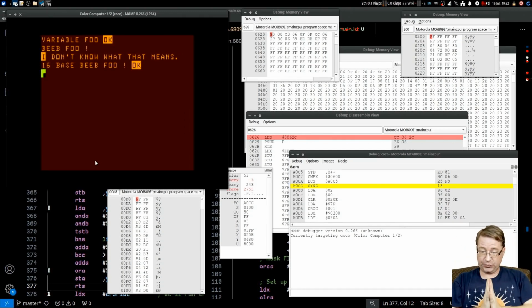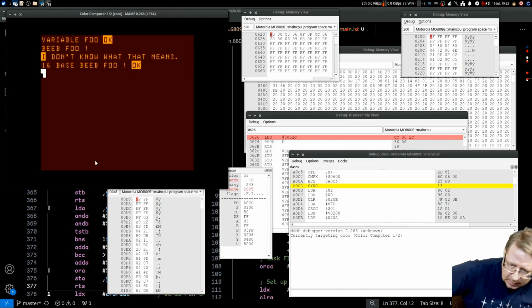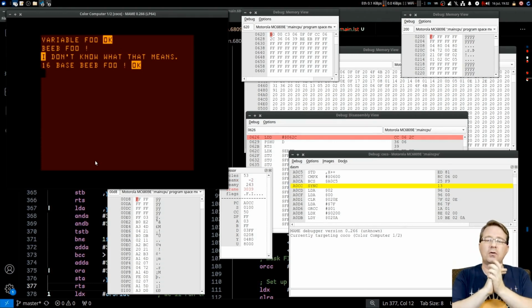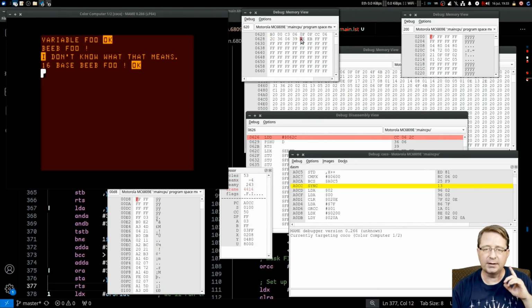And now, for my next trick, we've got the create, we've got the allot, we've got all this stuff. We're putting variables in memory, and that's wonderful. But there's one other thing that Forth has that I don't want to forget about and I don't want to do off camera, and that is a constant. Now, the difference between a constant and a variable is that a variable, as you can see over here, is putting this address, 62C,